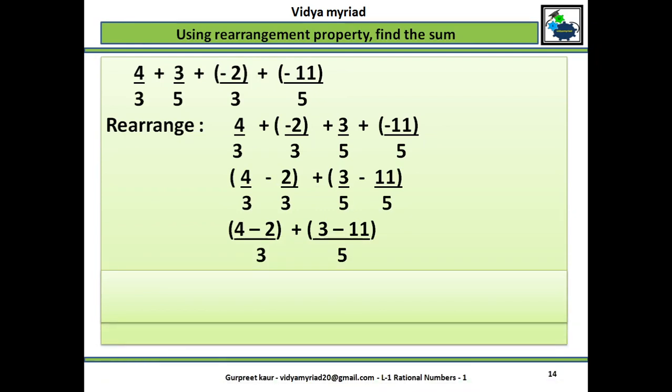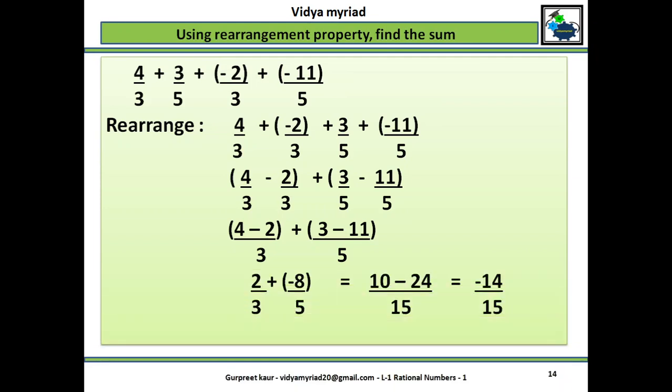Now regroup it and try to solve it by taking the LCM. You will get 3 as the denominator in the first case and 5 in the second because the denominators are the same, no issues. But now after this, you have 3 as the denominator and 5 plus minus. You need to take the LCM. When you solve it, it will be minus 14 upon 15. Okay. So like this, you need to practice these types of questions. And you need to take care of the plus and minus signs, which is very, very important.